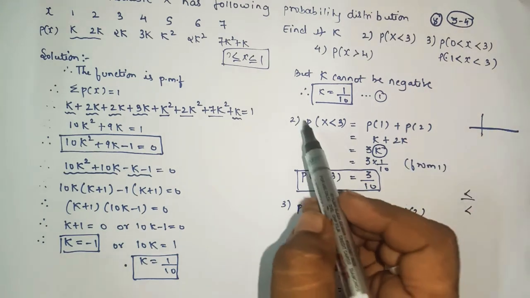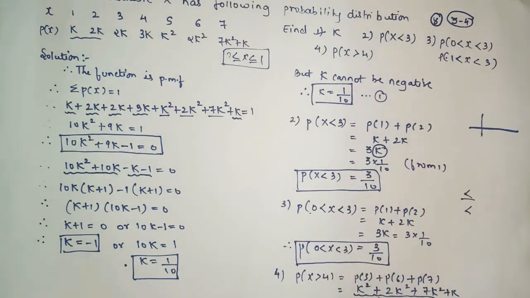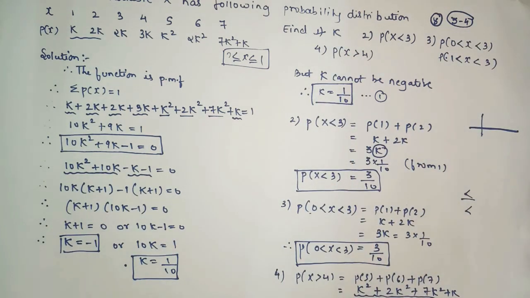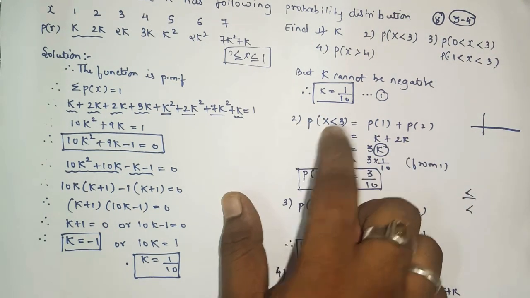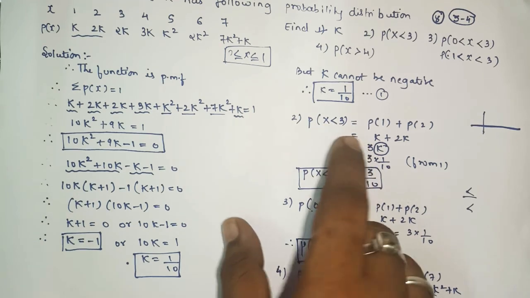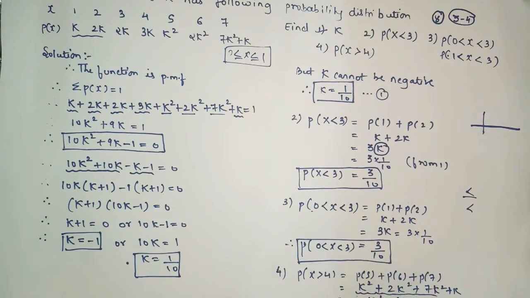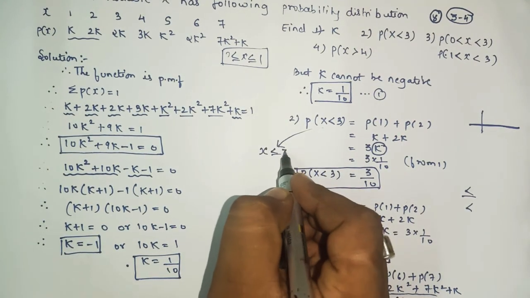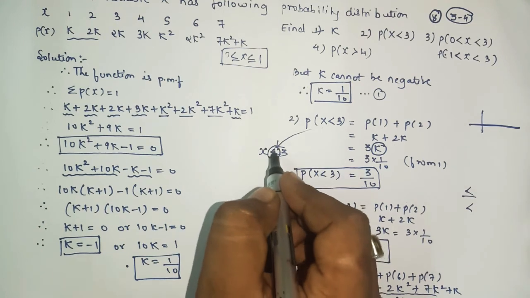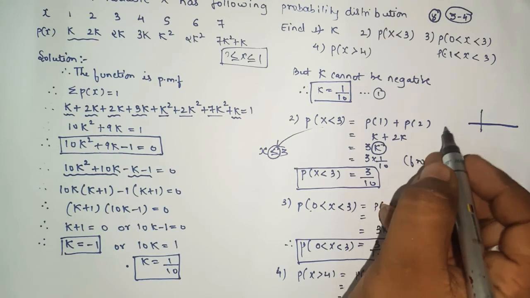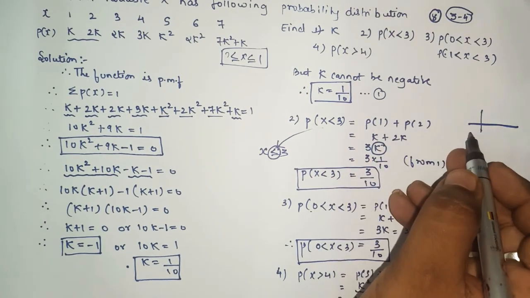After that, if you want, you can construct the required PDF and replace the value of k, or without that also we can find our answer. Okay, in the second case, it says that we have to find x less than 3. So less than 3 is what? 2 and 1. Suppose here x less than 3 is replaced by x less than or equal to 3. This symbol, less than or equal to, indicates that we have to include 3 also. So here we'll write p of 1, p of 2 and p of 3.